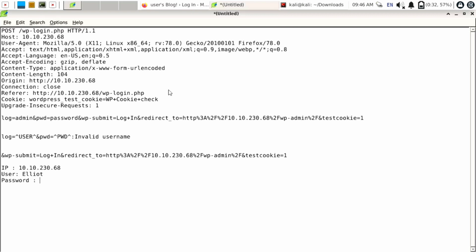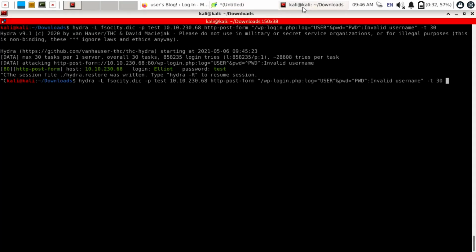Now to find the password, use same command as before. Open terminal, use up arrow for previous command. Previously we used hyphen capital L, so here we are going to use hyphen small l and specifying user as elite.